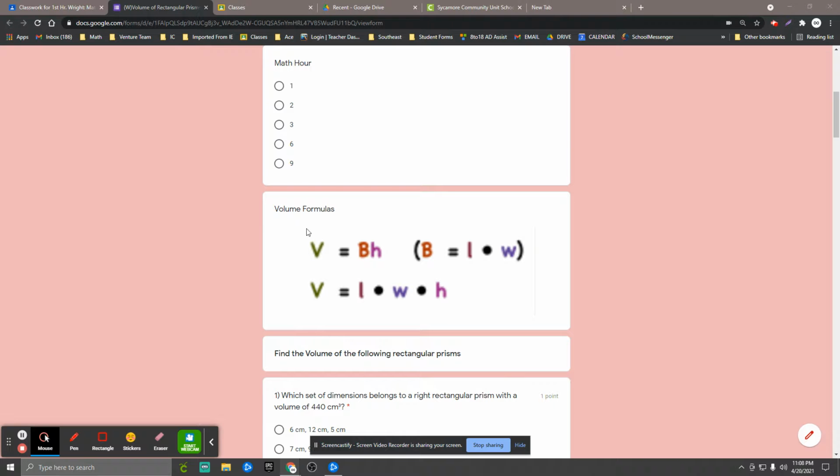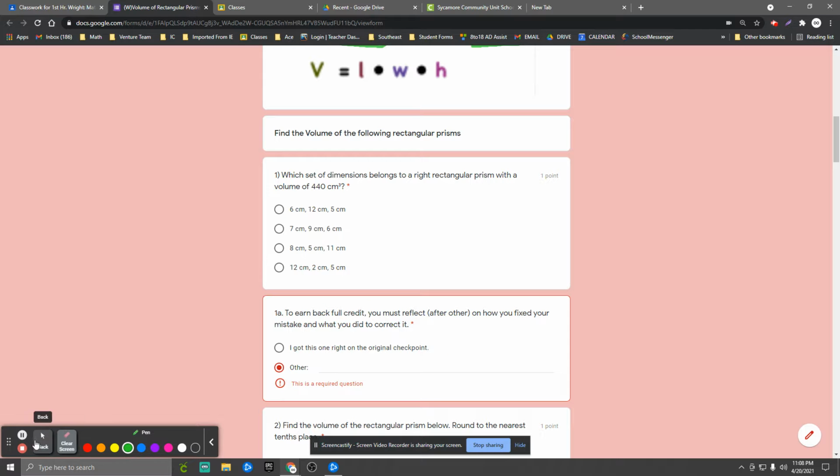Please take note of the formulas here. Volume equals your length times your width times your height, or it also has volume equals your area of your base times your height. Remember, the area of the base is equivalent to your length times your width, and then you would multiply it by the height. As I move down here,